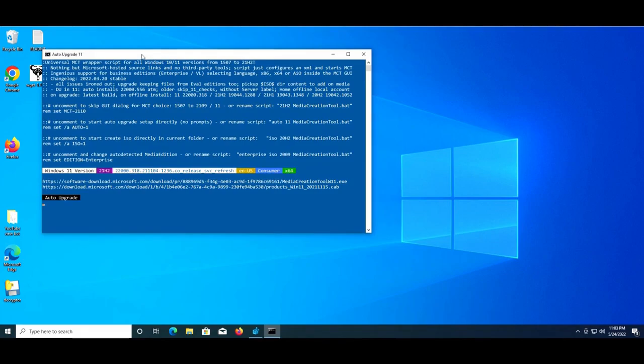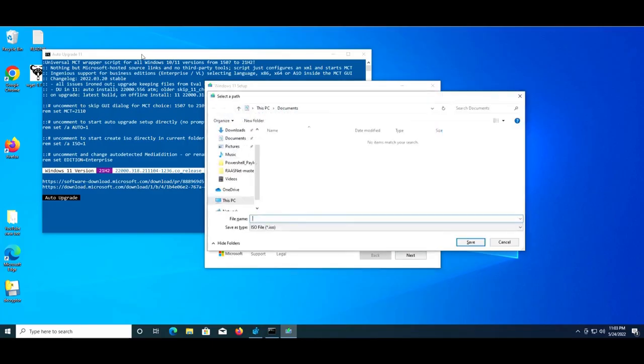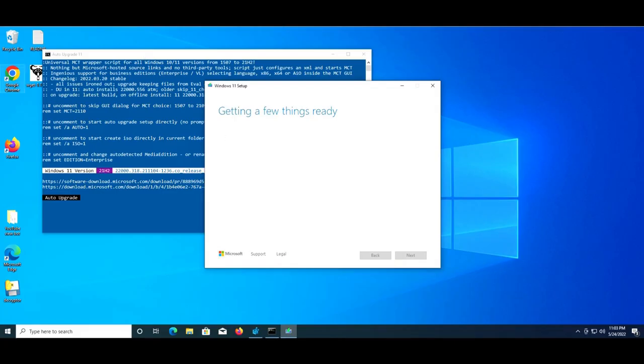For my current objective, I am opting for the first available choice, which is Auto Upgrade, and subsequently I will proceed by clicking the OK button to confirm my selection. Following this, a prompt will appear, to which you should respond affirmatively by selecting Yes. At this juncture, the script will commence its execution, initiating a largely automated process that essentially manages all subsequent steps